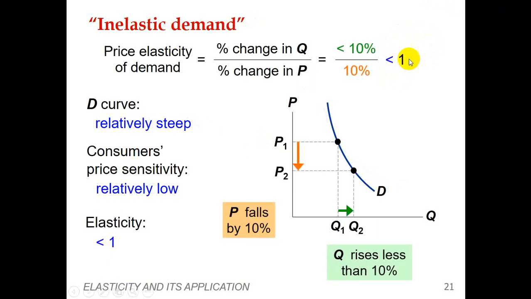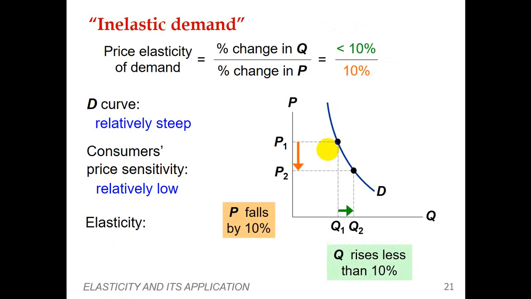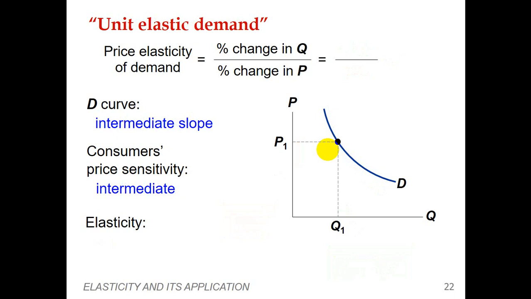So the curve, before you had the vertical curve, now it is a little bit steep, not a flatter curve, it is a steep curve. So that means it is an inelastic curve, but better than a perfectly inelastic curve. Now it is a little bit flatter than before. Here you can see that the change in price is a little bit more, when there is a decrease in prices, there is a slight change in quantity demanded.